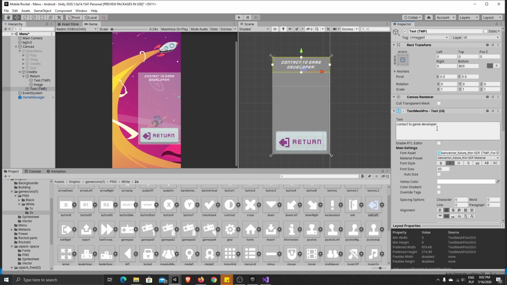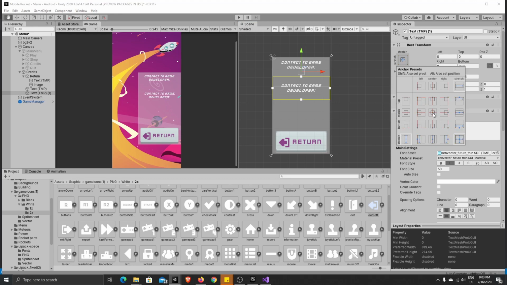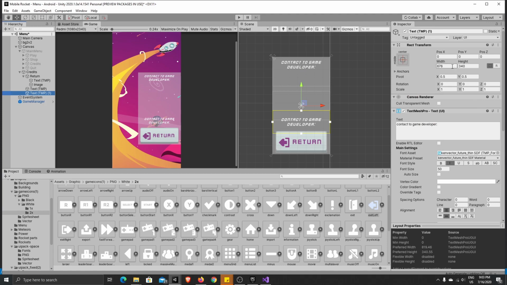Middle. Let's duplicate text. Okay, it's not connecting to each other. So let's make it like that. Clamped on the middle. This one is 800 from the bottom, and the top is